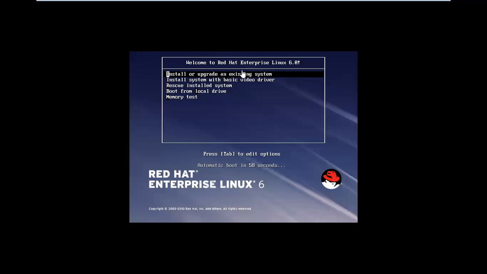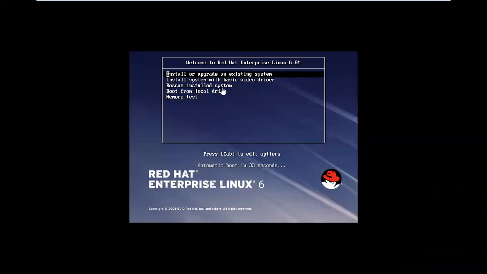So welcome to Red Hat Enterprise Linux 6 installation. Select the first option, install or upgrade an existing system. First time we are installing Linux, so select the first option. Install system with basic video driver is for graphical purposes.